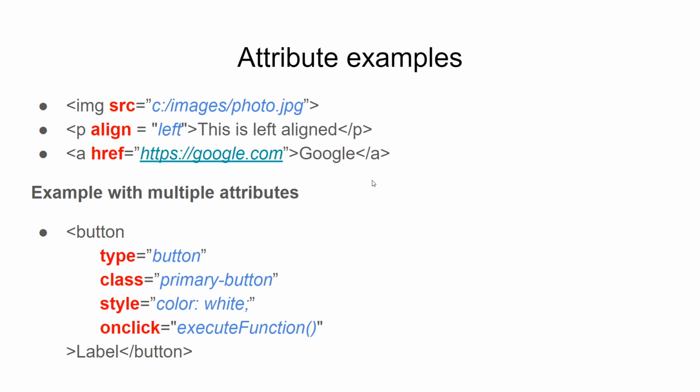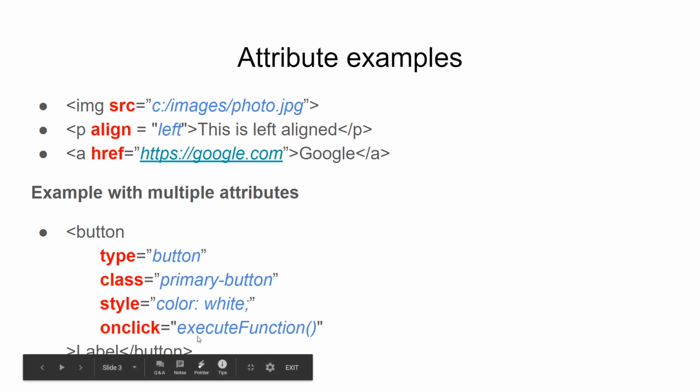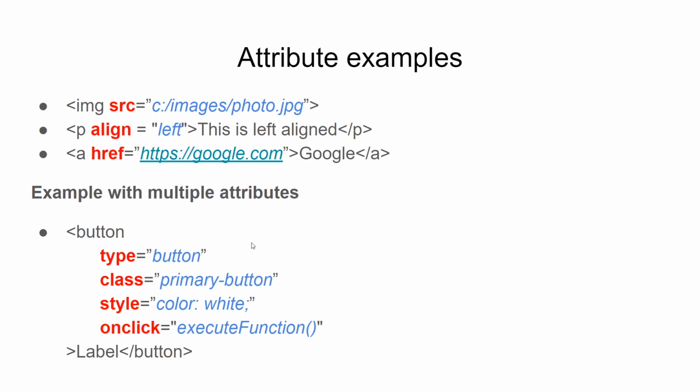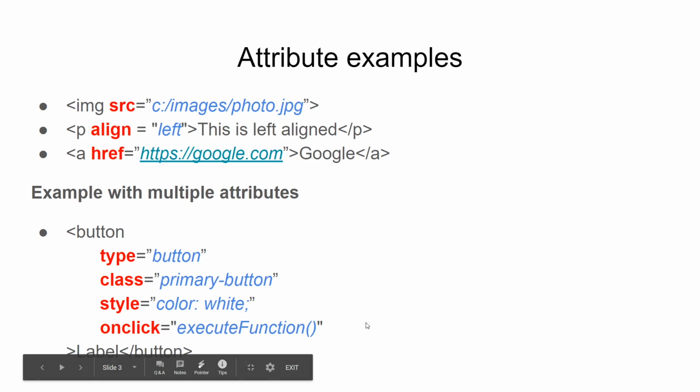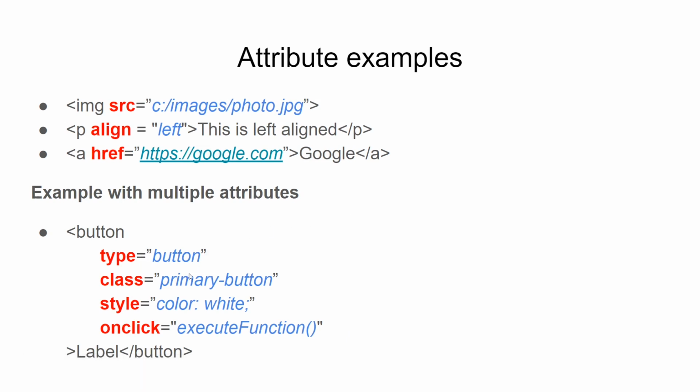Like this, we have some examples here, and here's an example for multiple attributes in a single tag. So you can see this is the name of the tag, and you have 4 attributes here, and you can have unlimited numbers of attributes in a single tag, each with its own specific purpose. You don't need to focus on the name of these attributes. We'll look at some of these later on, but for now I just wanted to illustrate that it's possible to have multiple attributes in a single tag. So attributes are fairly simple, and we will be using it a lot as we move forward.